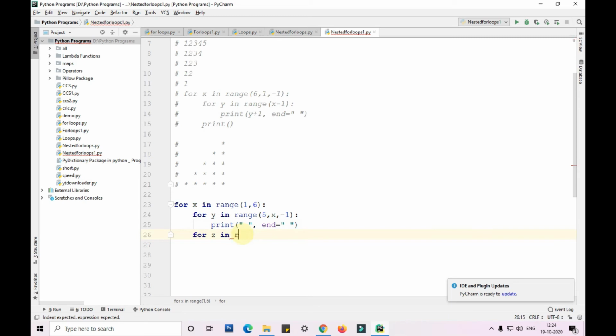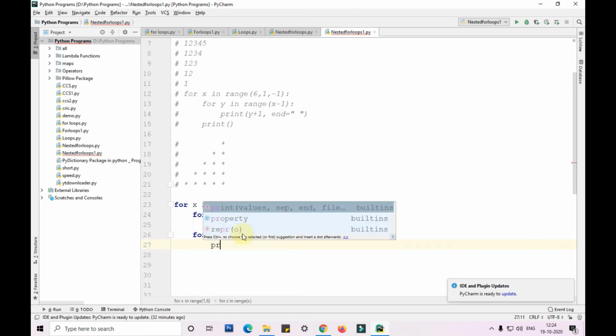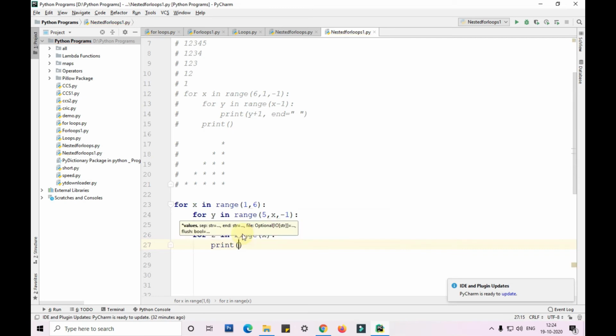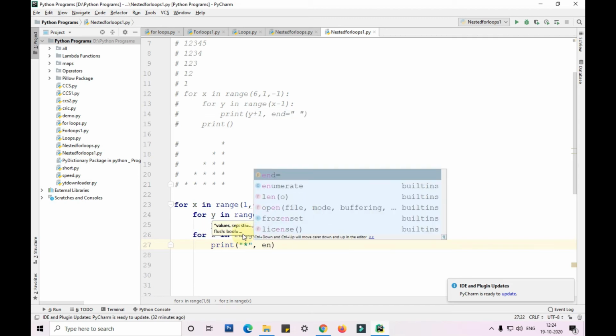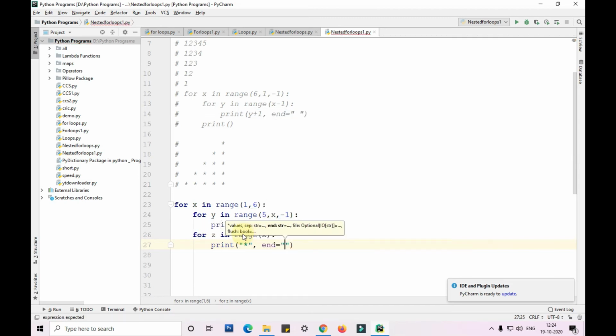For z in range of, I'm only giving the end here, that is x, because the step and start are by default 1 and 1. So I'm printing double quotes star comma end with a space.